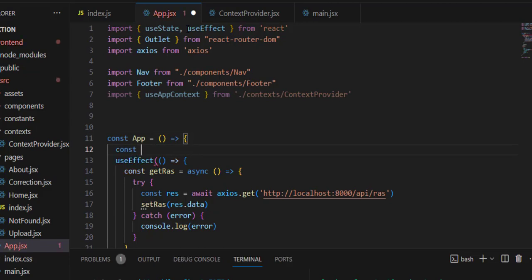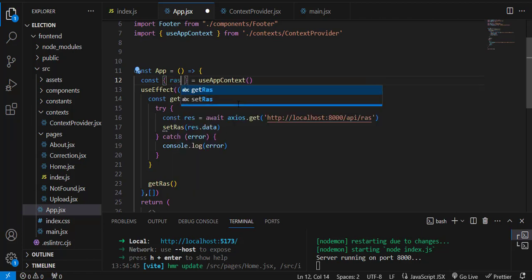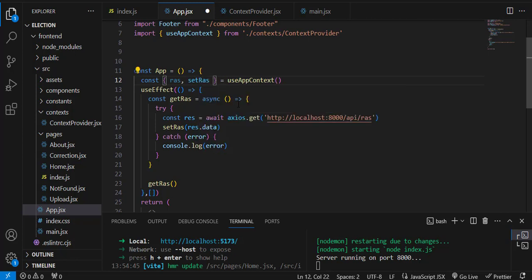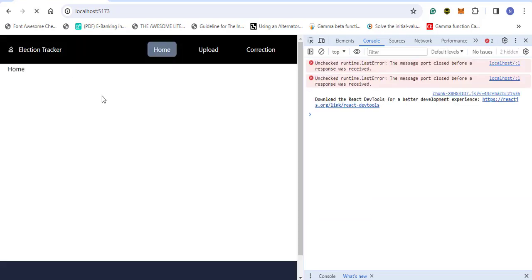to const, and I will destructure RAs here as well as setRAs. Okay, so with this, the setRAs has been picked. So let me go ahead and save that. We'll go and refresh and see what I do get now. Okay, so now we get the application back, and we are waiting for the